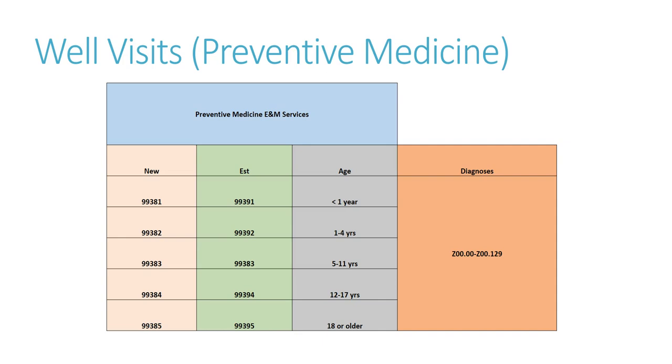Now we also, of course, need to know if we're treating a patient who is well today in terms of their health status or if they are sick. Well visits are much easier to code than sick visits. We call this preventive medicine, and it is simply delineated by whether they are a new or established patient and how old they are. So all we need to know are those two factors, and we can assign a preventive